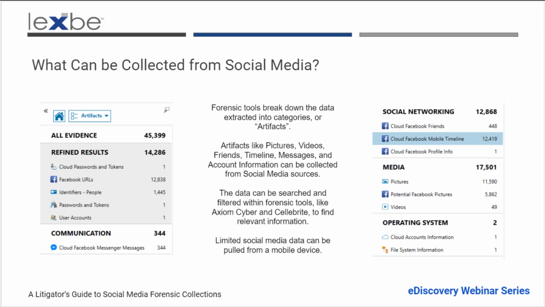These tools will break down the collection into what's called artifacts, and they're basically just categories that we can go through and find whatever relevant data is being looked for. So you can see on the left side, this has information about the Facebook account. It will show the password or token used. It will show Facebook URLs, which would be information like where data is saved in Facebook itself, the URL